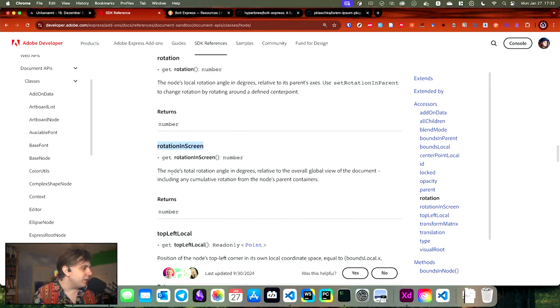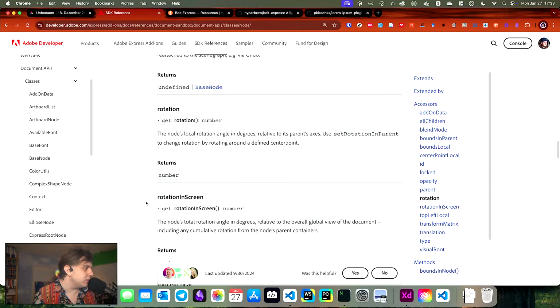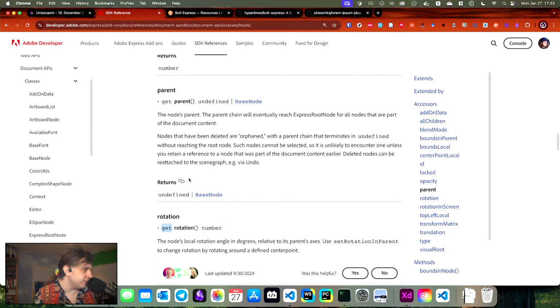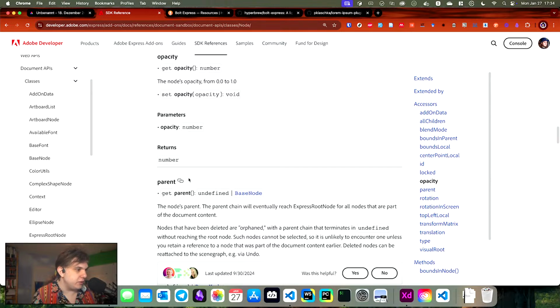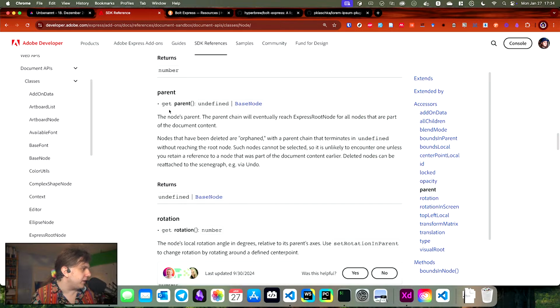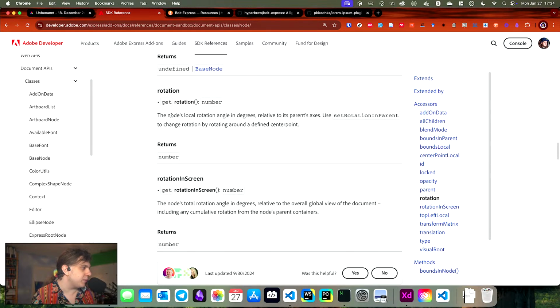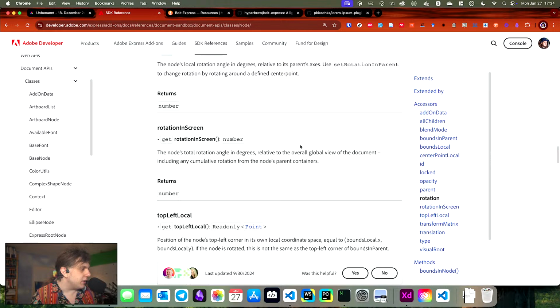Rotation, all right. Rotation in screen. Yeah, probably also like local and global coordinate system, I guess, to change rotation by local rotation angle and total rotation angle. Fair. And both are just read-only, I guess, because it only has a getter. Wait, are all of these just read-only? Yeah, opacity has a setter, so with that, apparently, I mean, that we might have to use something else to set a parent is to be expected, but that we can't set the rotation. Yeah, we'll have to look into that more,